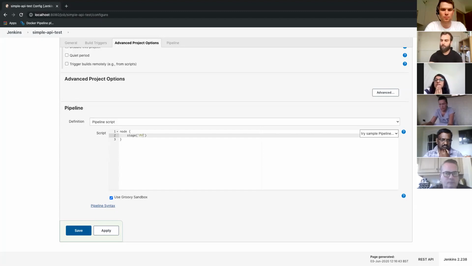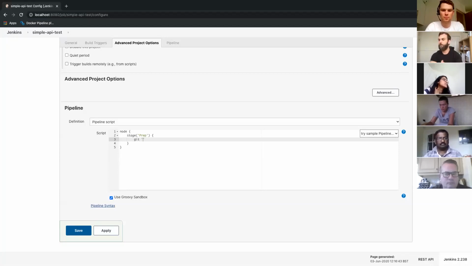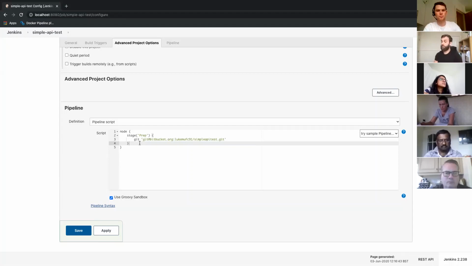So you might say the first stage is your prep, and from there you're basically just going to get your stuff from whatever your source control may be. Mine for this instance is just going to be a simple test repo that I made earlier. So it's going to pull this down, and that is your stage one essentially.